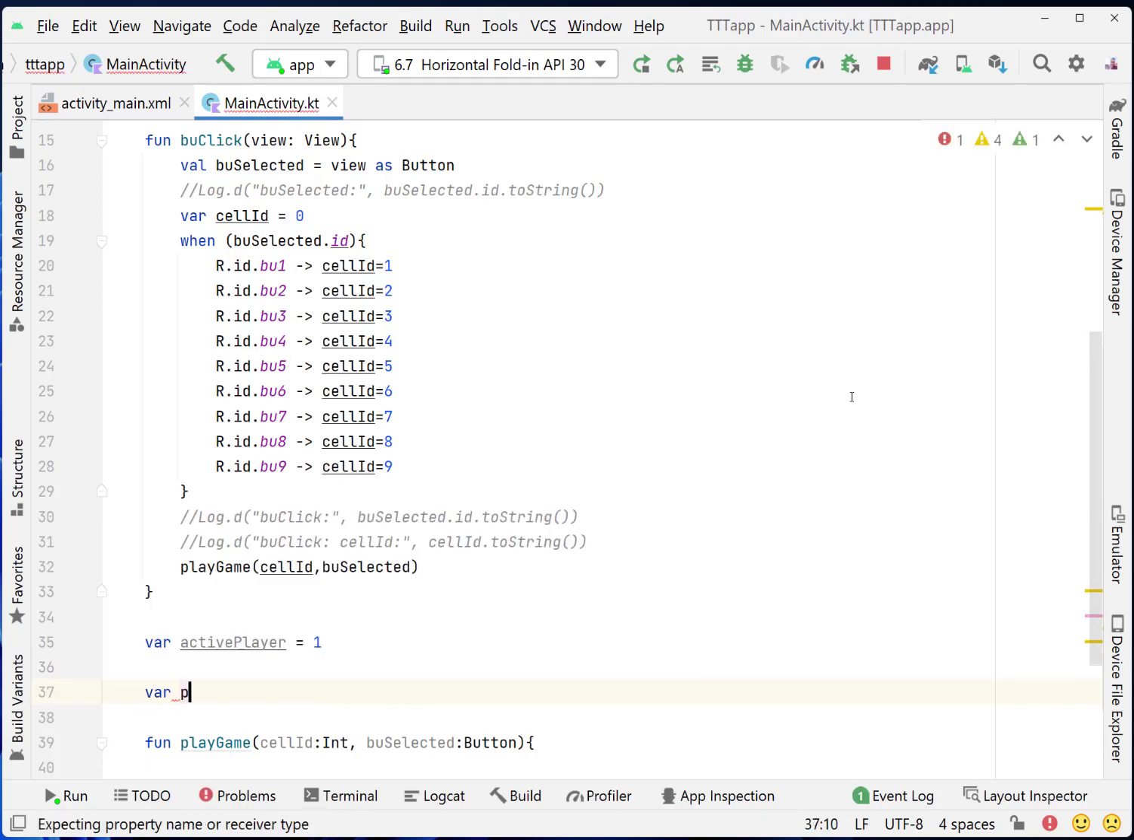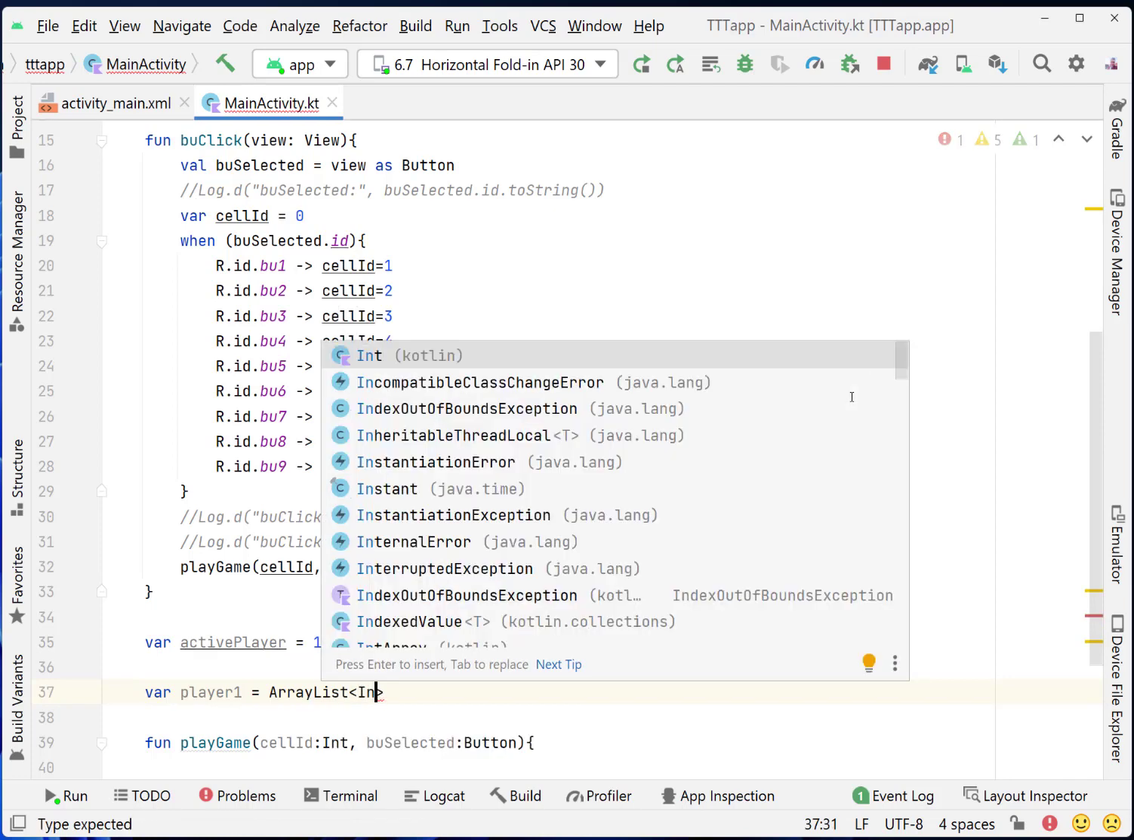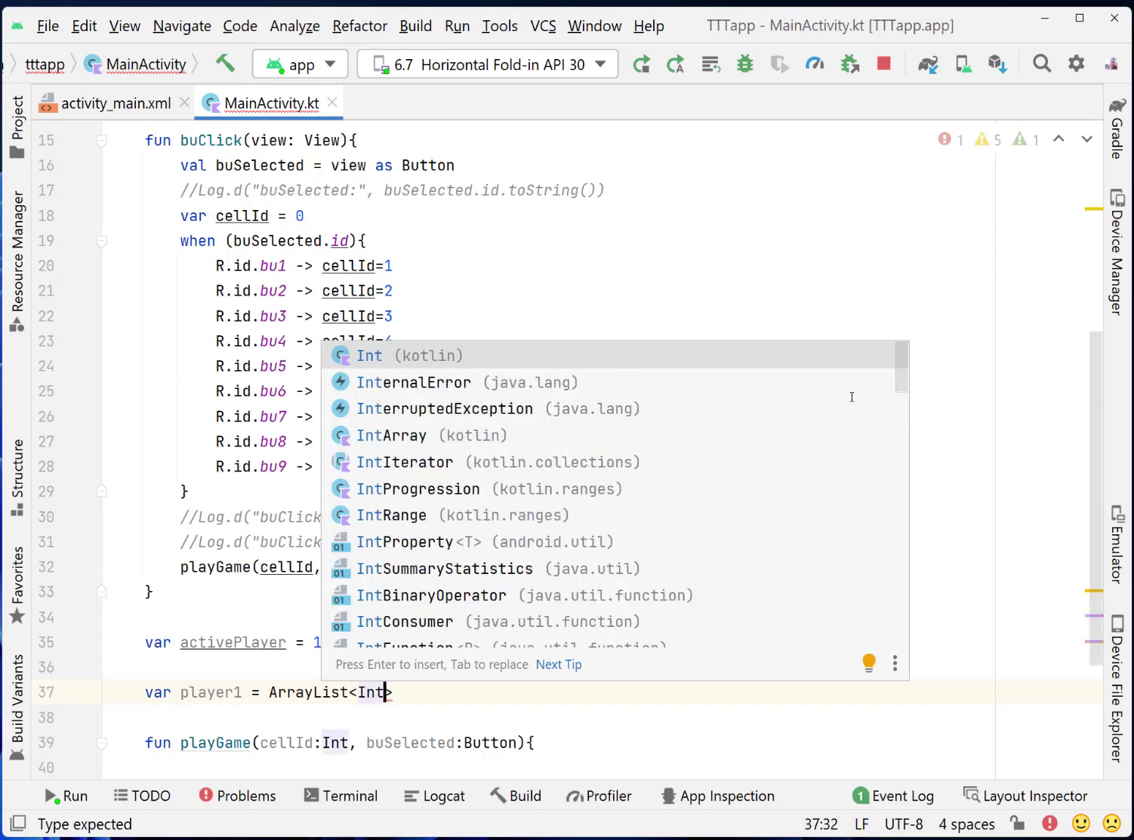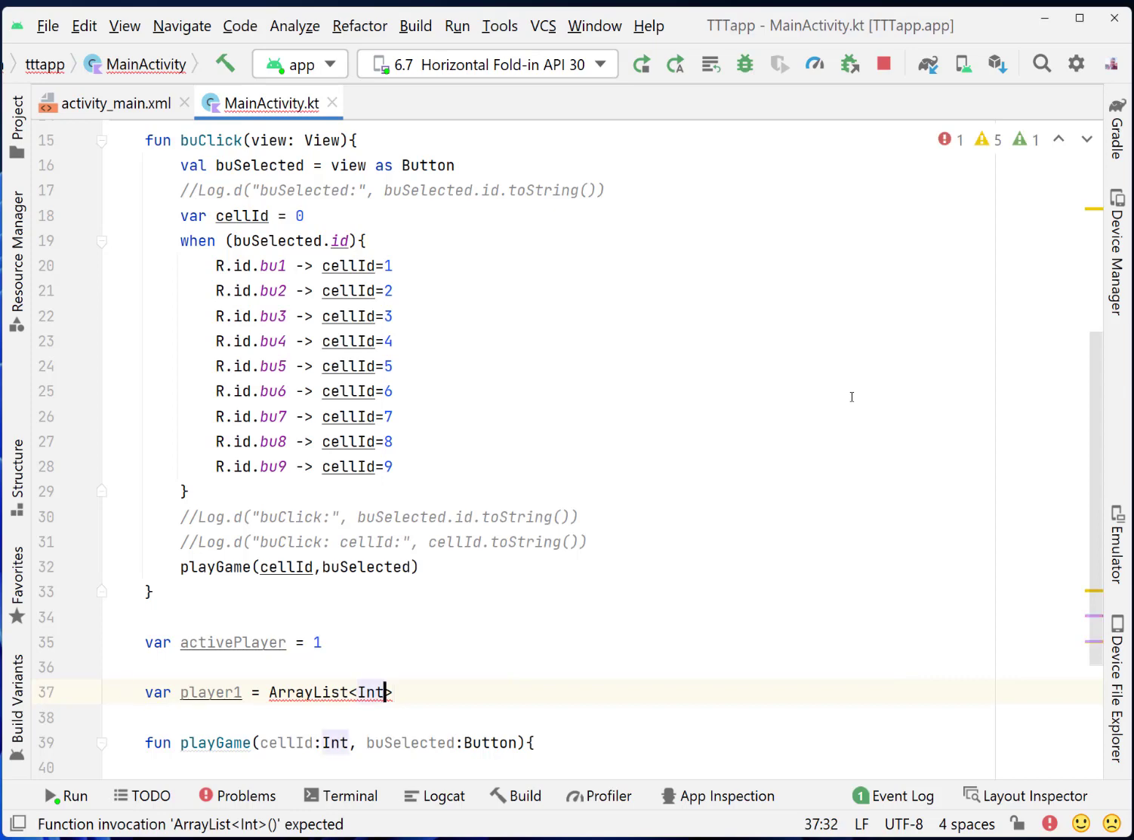Okay, and we will make 2 more variables. The other variable, player 1, and this player 1 we will make it like an array list, because we will add all his choices inside this array list. When he selects one button, we know which button is being selected by which player. So we make it an array list as integer,